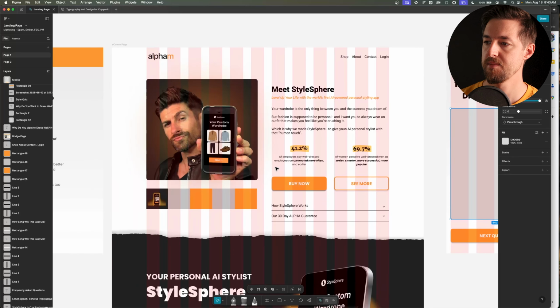But imagine the actual article that was referencing, right? What would we talk about? We'd probably want to hit on some of those stats of like this many employers say this, men feel that dressing well boosts confidence, makes them feel more successful, intelligent, and attractive. Women, 69% of women perceive well-dressed men to be sexier, smarter, and more successful, more popular. Cool. We might want to hit on that, but that misses out what we do on the 12-gauge landing page,